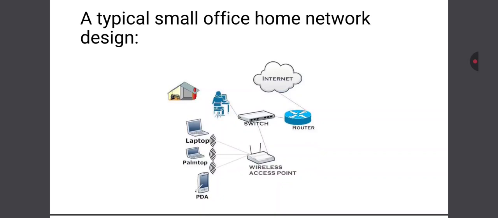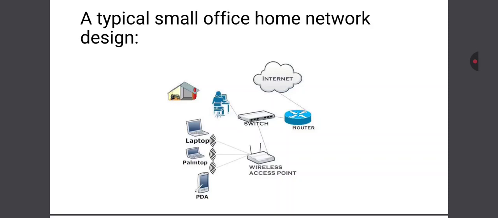The ISP provides us the internet, and through that ISP, the router, a device, is directly connected through WAN links and LAN ports to a switch, and to the switch you can connect your PC, and also a wireless access point which provides end-to-end connectivity for Wi-Fi devices,